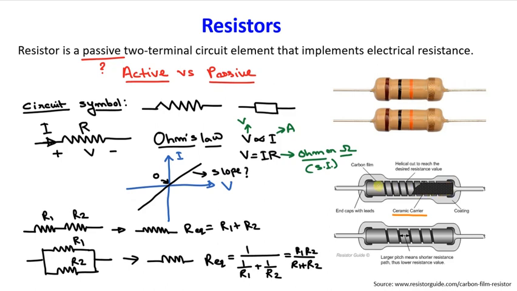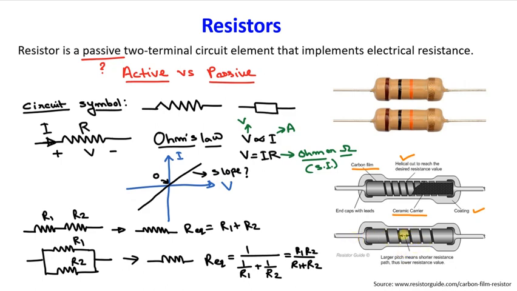On top of which we have to deposit a carbon film, which is actually the conducting material for this resistor. And to increase this length, with the help of a laser, the carbon film has to be cut in a helical shape, so that the total length increases, and that will help us to get the desired resistance value. Then these are the two leads that will be connecting this carbon film with the outside world. And finally, we have to encapsulate the total thing with an external coating, right?